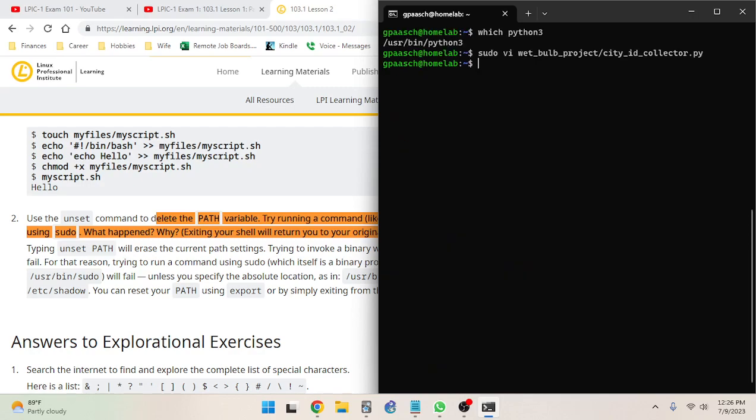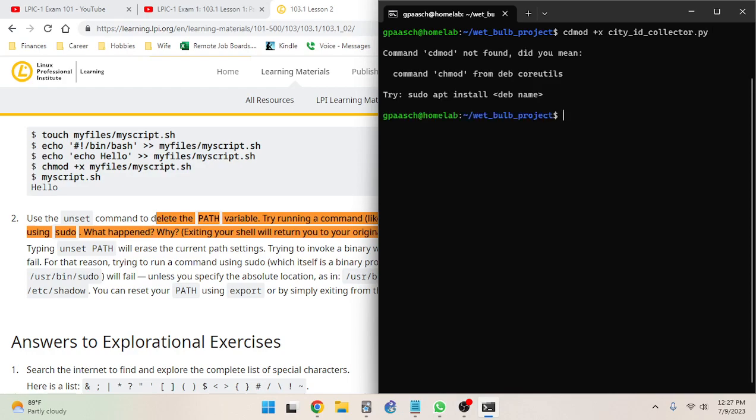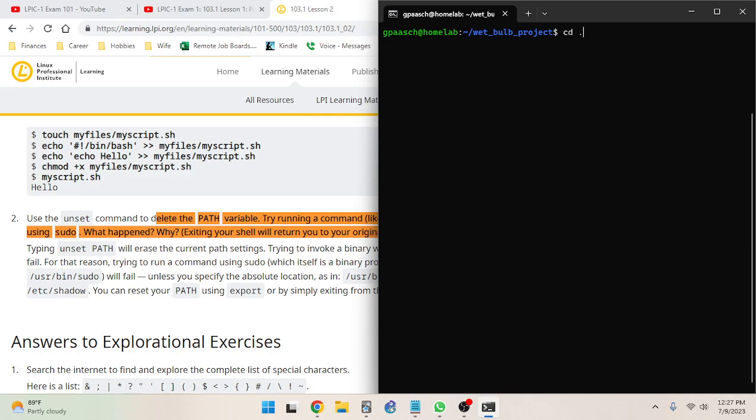And then the second step, we need to make it an executable. I'm going to go into the wet bulb directory because it makes it a little easier. And we're going to do chmod +x, and then city ID collector. No, I meant chmod. I did a cd mod instead of chmod. Okay, there we go. So now I can go back to my home and I can run the